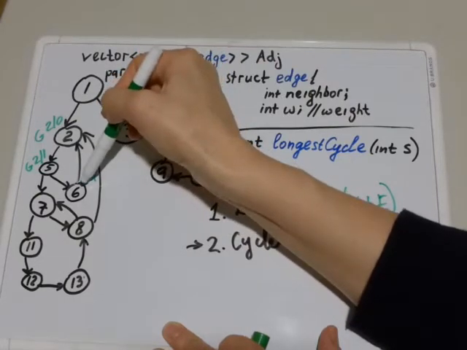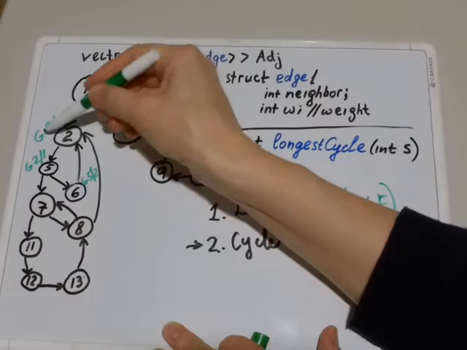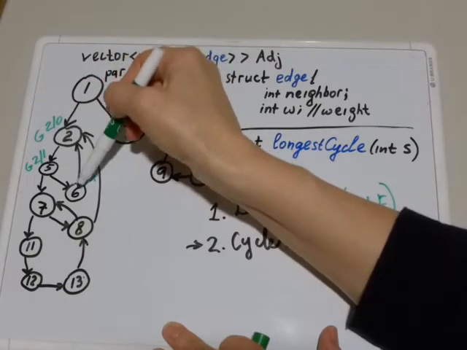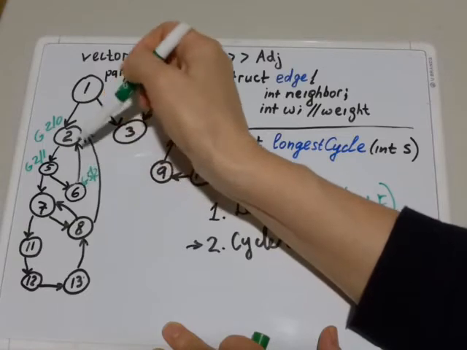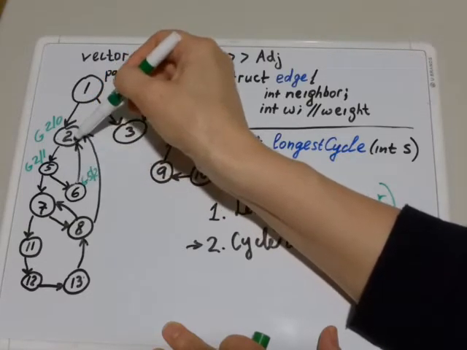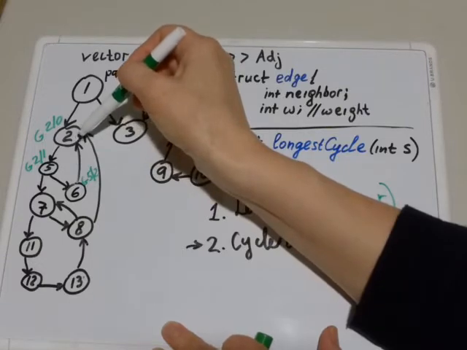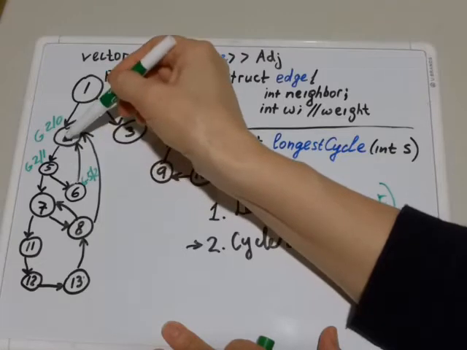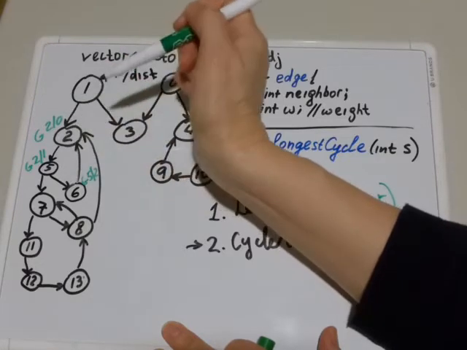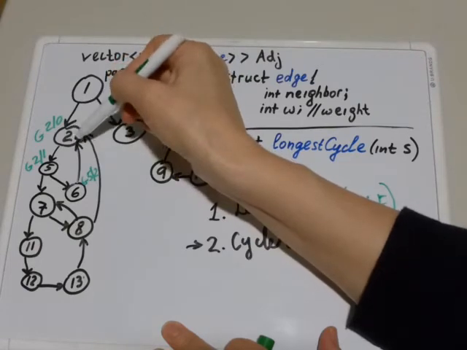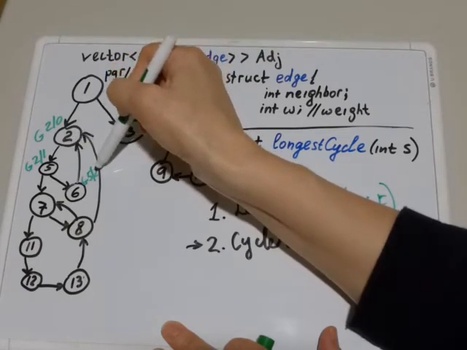After 6 you will discover 2, which is gray. That means if this vertex is gray, it's in the adjacency list of 6. That means that there is a path from this vertex to 6, and this edge concludes the cycle. So instead of backtracking this path from 6 to 2, we can calculate the length of this cycle by actually using distances of